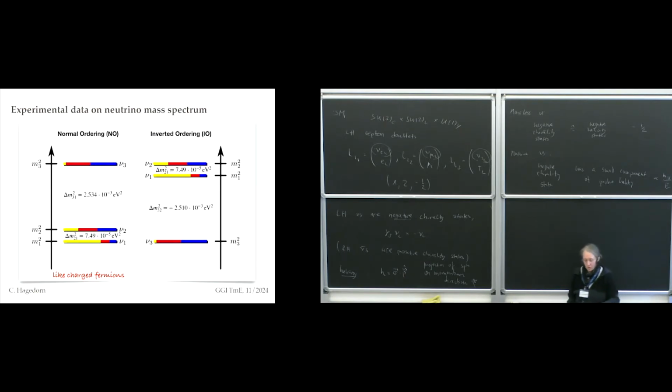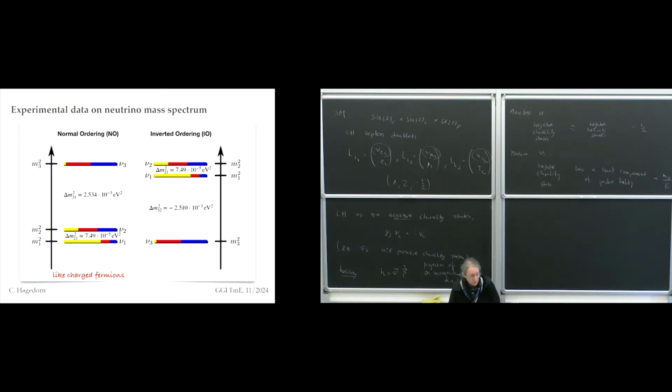This is reminding you of the ordering you see: the electron is lighter than the muon, which is lighter than the tau lepton. And this is true also for quarks if we think about the generation. So this is why people decided to call this normal, as you would expect from the charged fermions. Well, this just had to have another name, so you call it inverted, because in particular you seem to have that the third one is the lightest. So it looks flipped with respect to what you would expect from charged leptons.